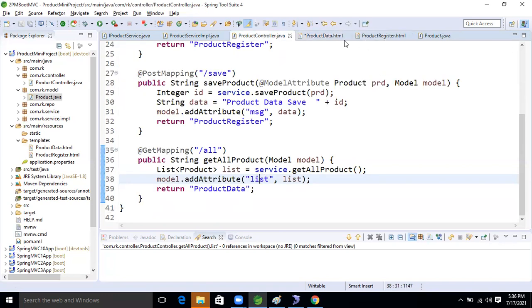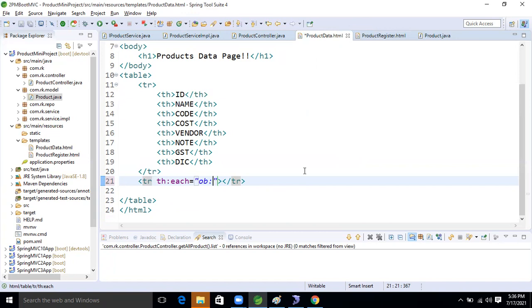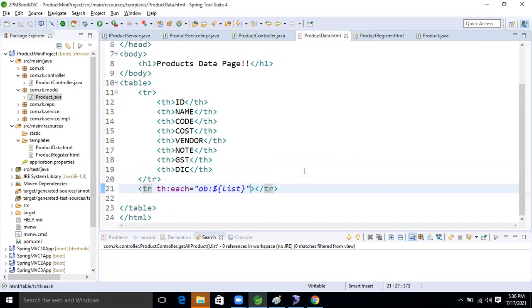What is the symbol now? I explained already. Anyone remember it? Dollar. Very good. Dollar sign. Yes, Ravi, in the dollar and the list. Okay, so based on this, this is the logic: the for-each condition in our theme leaf. Good, guys. So inside that, come to here.